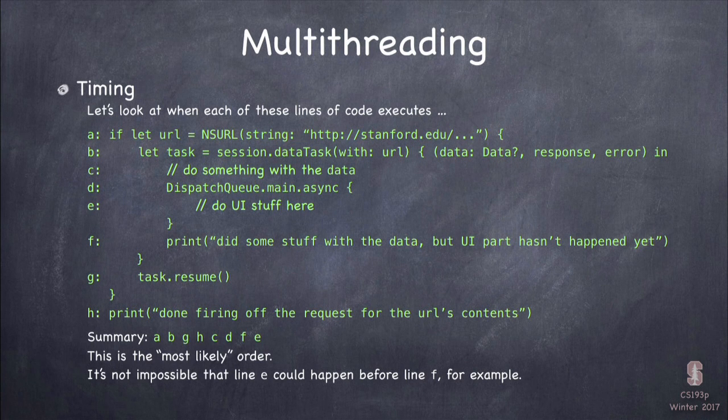But if this was on some other queue besides the main queue, it's very unlikely that E could happen before F. But it even could then, because the main queue has so much priority that when you dispatch something onto it, the system might immediately go and try and process it. That's how high a priority the main queue is. So it's possible E could happen before F. But I just want you to think conceptually that when you put something on the queue, it could happen later. There might be other things on the main queue ahead of you.